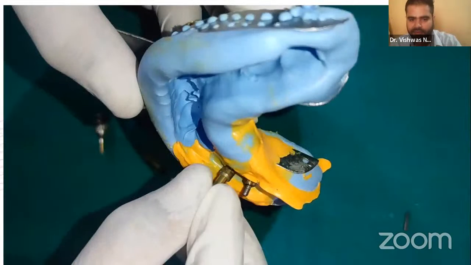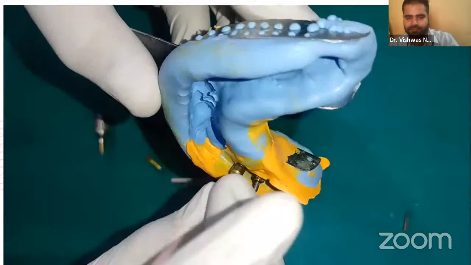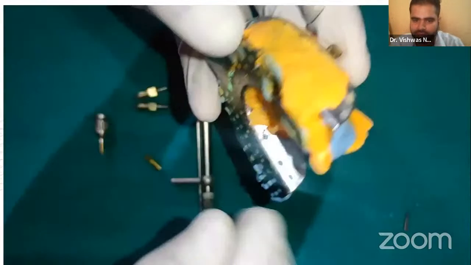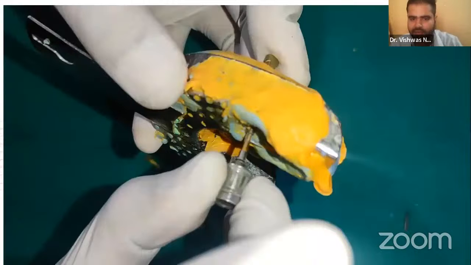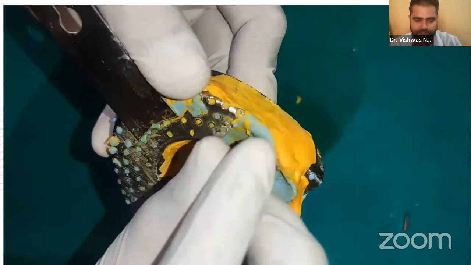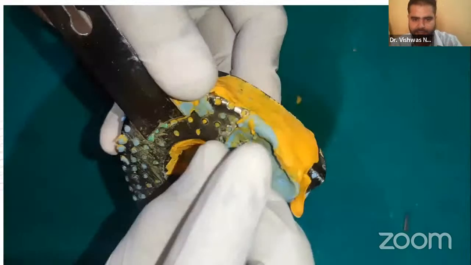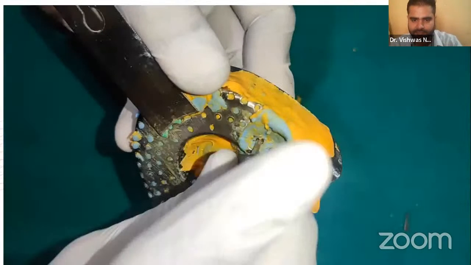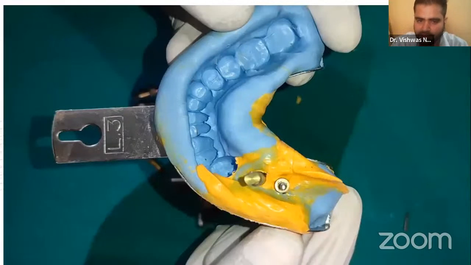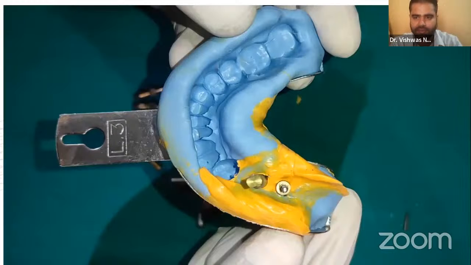Once it is properly seated, we secure it from the back with the help of the driver. And this is how you apply an analog to an open tray system.